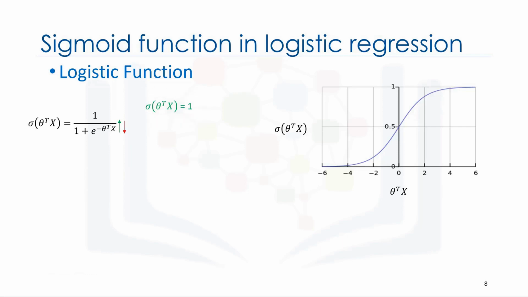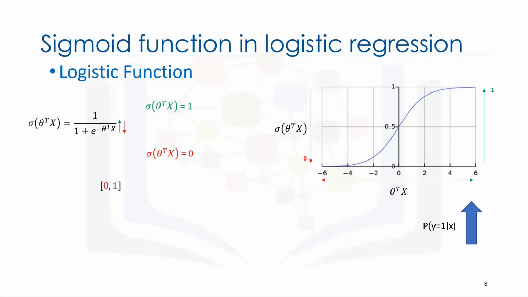If theta transpose x is very small, the sigmoid function gets closer to 0. Depicting it on the sigmoid plot, when theta transpose x gets bigger, the value of the sigmoid function gets closer to 1. And also, if theta transpose x is very small, the sigmoid function gets closer to 0. So, the sigmoid function's output is always between 0 and 1, which makes it proper to interpret the results as